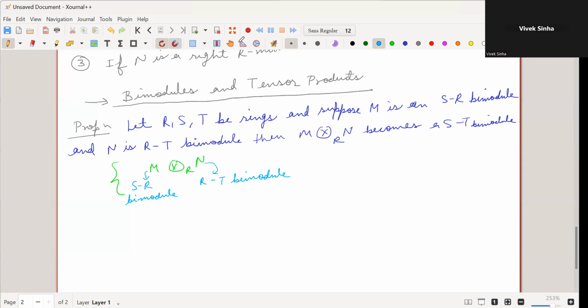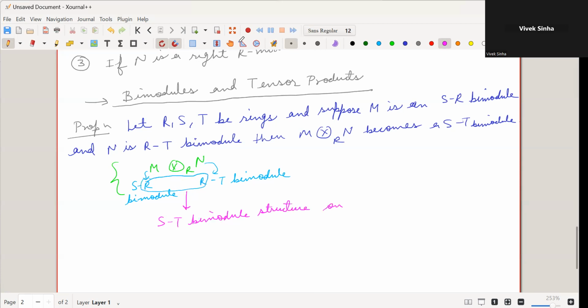Then what we get is, this R and R will be absorbed. Oh, this is not visible. Maybe this color I can use. This will give you an ST bimodule structure